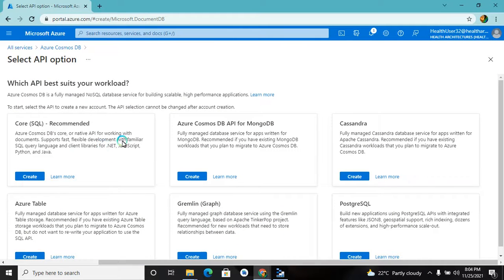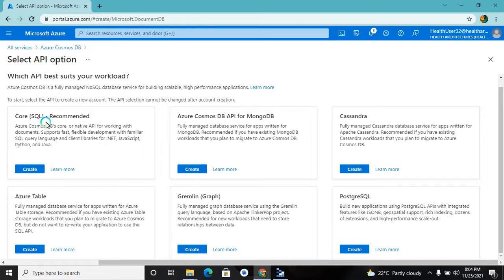So here it asks you, what kind of API you want to use, whether you want to use the SQL API or you want to use the MongoDB API. You can always go ahead and choose the kind of API which you want. There are various types of APIs, for example, Cassandra or Azure Table or Gremlin for Graph mainly, and for Postgres as well. So the recommended one could be core. Or even we can use MongoDB if you have already been familiar with MongoDB, and then I think you can go ahead with MongoDB. So let's choose core SQL,